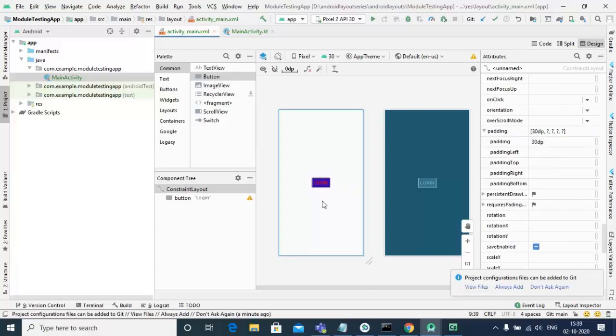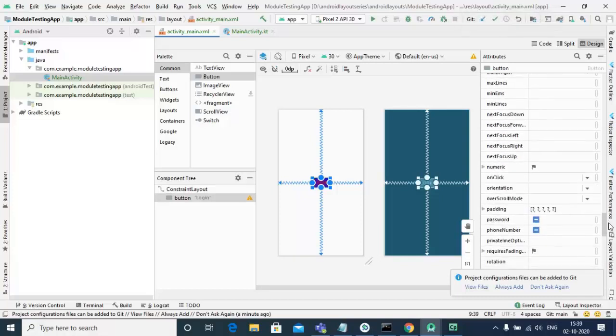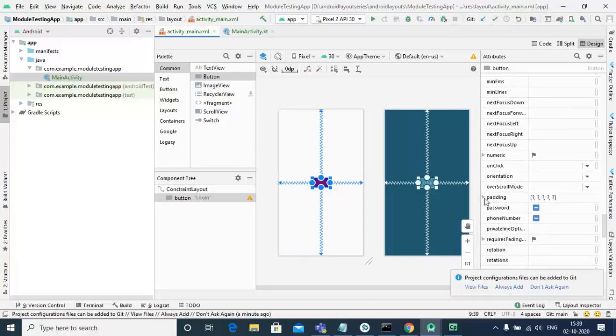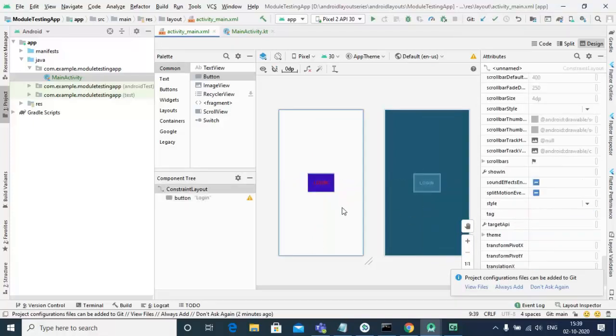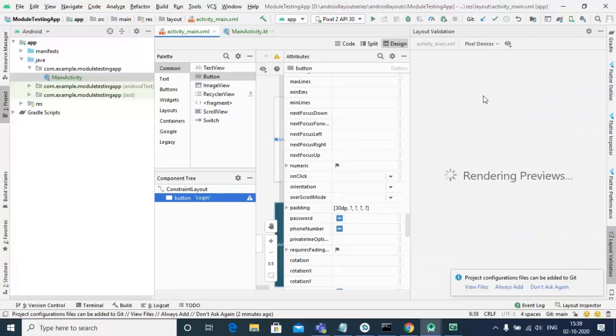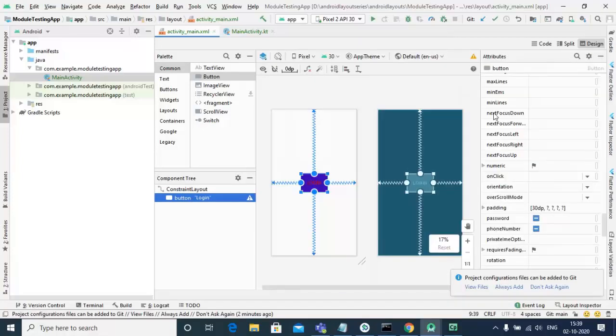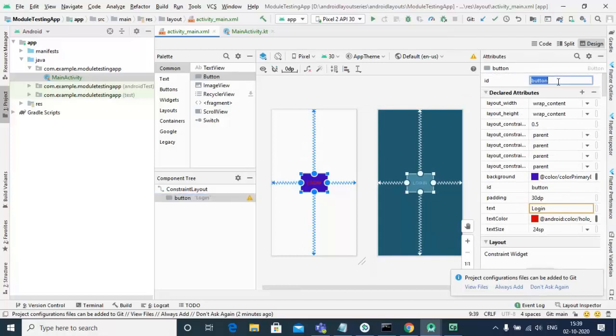Okay, we want to give the padding of this container. For that, let's say 30 dp of this as well. Okay, now give the ID to this button, a meaningful ID, button